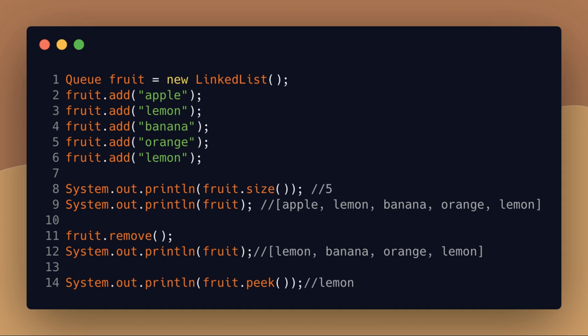Next, let's look at queues. Queues hold items to be processed. The elements are ordered, and the collection can contain duplicates. The most common implementations of queue are linked list and priority queue, which you can read more about in the Java docs. Queues typically follow the first in, first out algorithm, which means elements are processed in the order in